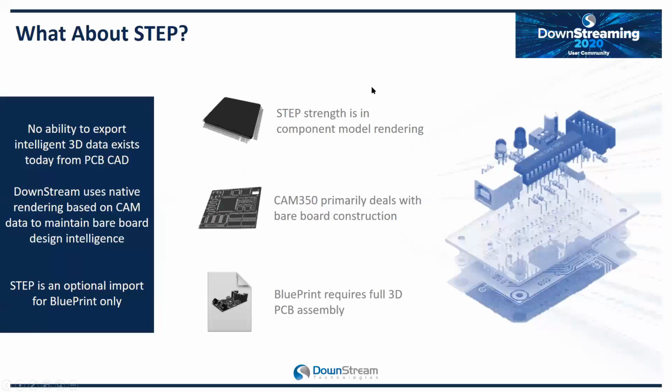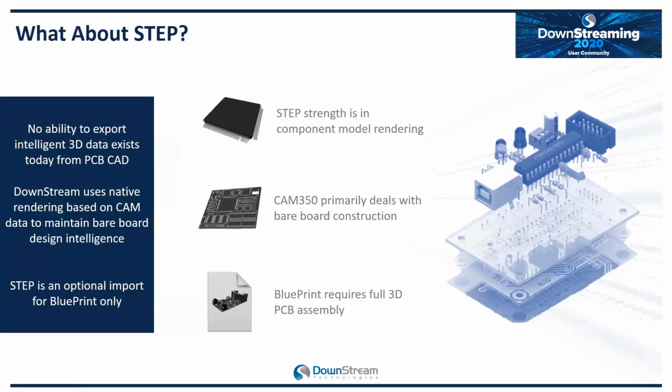So we're getting down near the end here, but I know one of the things that always comes up is a lot of people ask, what about step models? And why don't we use step models? So when we looked at building 3D, we looked heavily at, how do we leverage information from the CAD system going into either CAM 350 or Blueprint for post-processing. And the reality is that there is no real ability to export intelligent 3D data from any of the CAD systems today. So you can either export a 2581 file, or you can export ODB++, but that's really dealing with